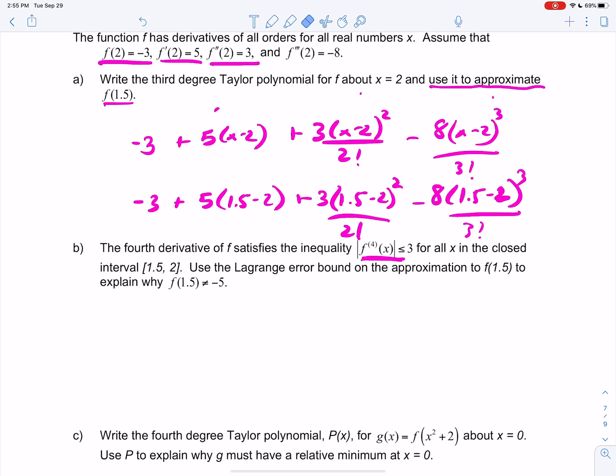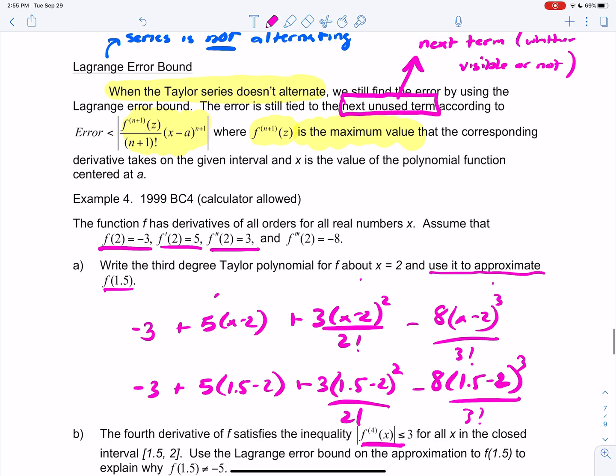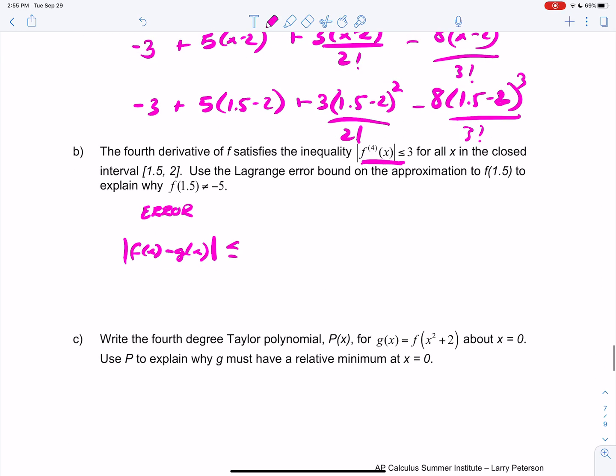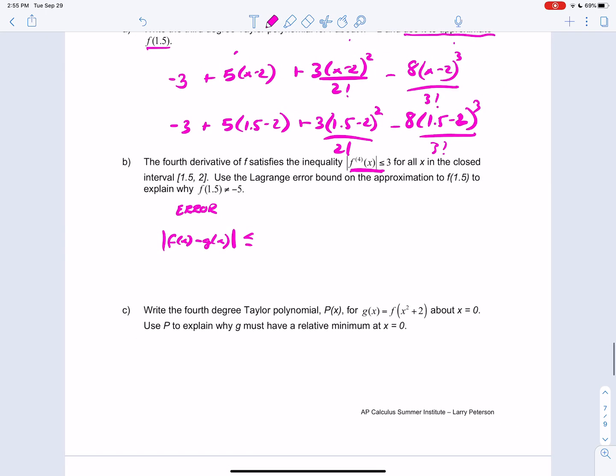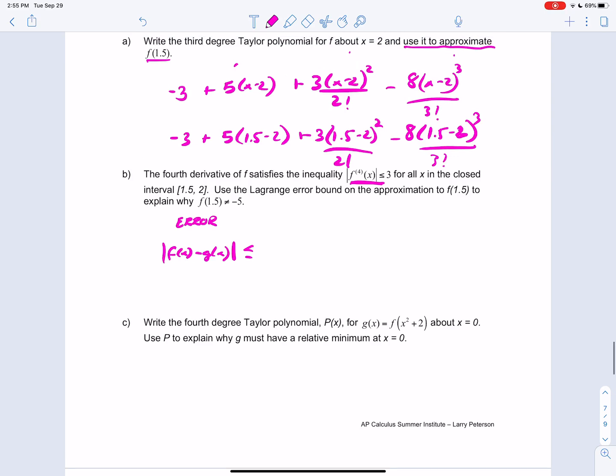Your error, you could even write absolute value of f of x minus g of x, doesn't matter, will be at most the next unused term or the next term, whether it's visible or not. Okay? That's not going to make any more sense until we actually get to a problem where it does fit perfectly, okay? So here, we're using